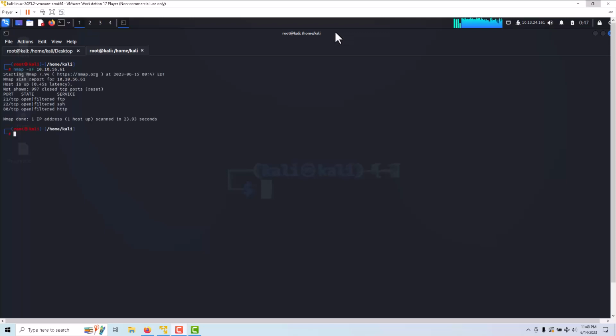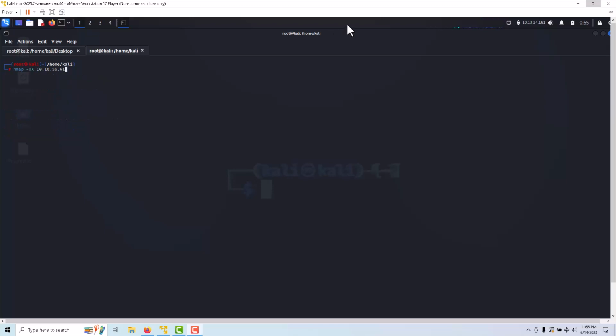When I run the Fin scan, you can see that the output is very similar to the Send and Connect scan. The main difference is how the host responds to the Nmap probes. Next on the list is the Xmas Scan